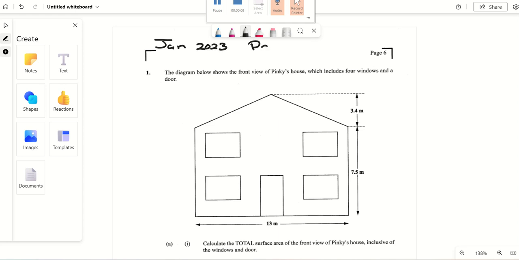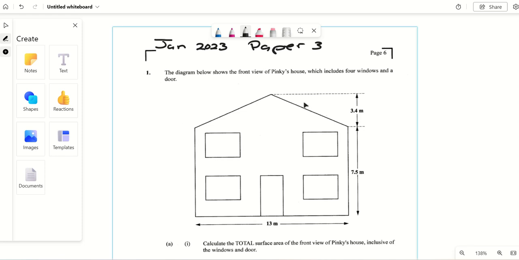2023 paper 3. Now paper 3 is more practical based, meaning it's more real life things that they're giving you to answer these questions, right? So it's not just exact find this and this like paper 2. This one they would give you a situation that has occurred and how you would solve it using